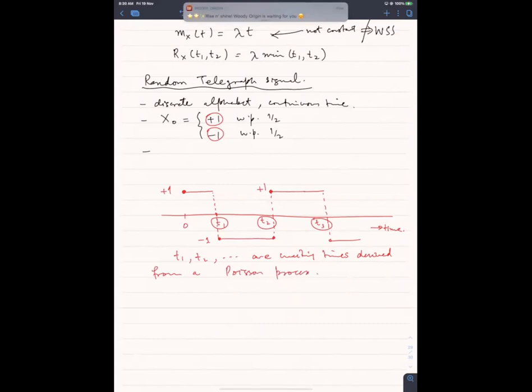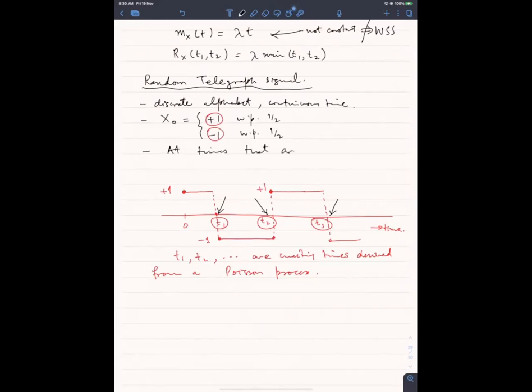So यूं समझ लें कि जो आपके पास Poisson arrivals हो रही हैं, एक इस जगह अराइवल हुई, सेकंड अराइवल इधर हुई, थर्ड अराइवल इधर हुई. जहां पे अराइवल होती है, हमने काउंटिंग नहीं करनी है, हमने उस अराइवल को एज ए ट्रिगर यूज करना है टू फ्लिप द पोलैरिटी ऑफ दिस सिग्नल. So at times